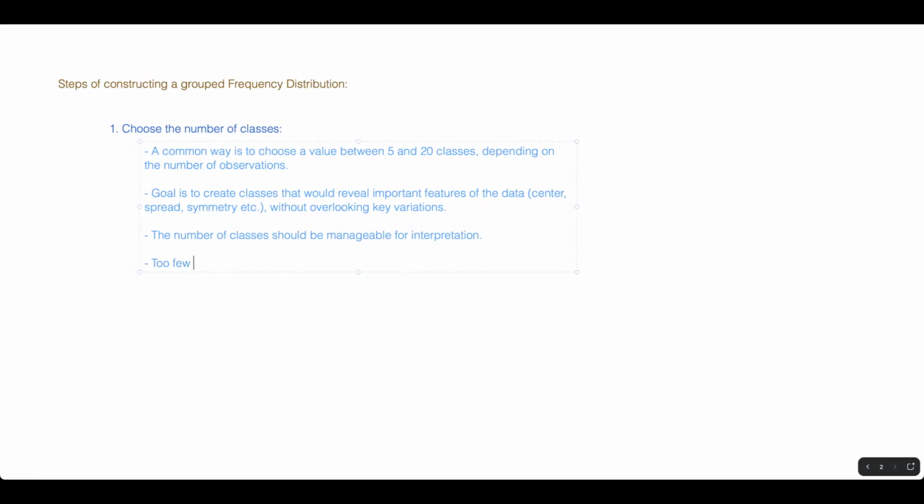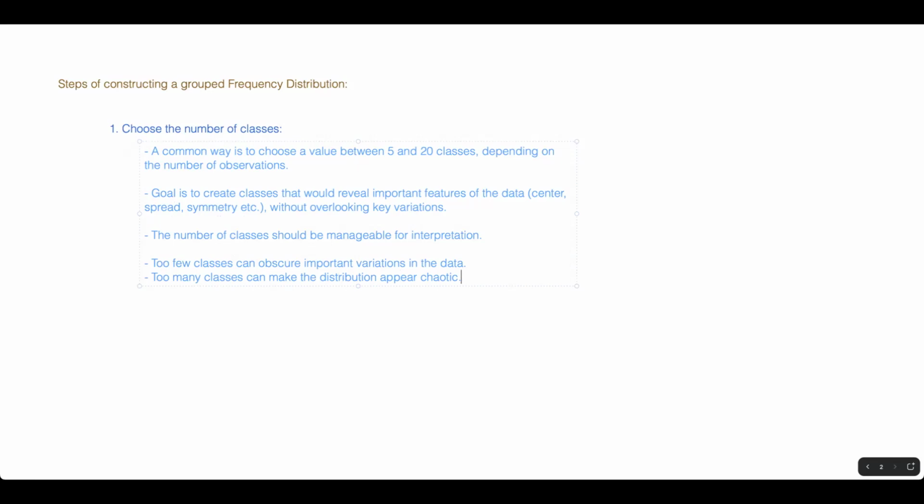And too many classes can make the distribution appear chaotic, and so the final decision is often subjective, and different researchers might arrive at different but equally valid frequency